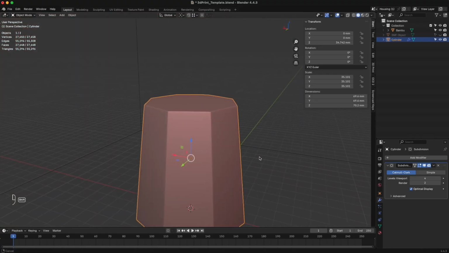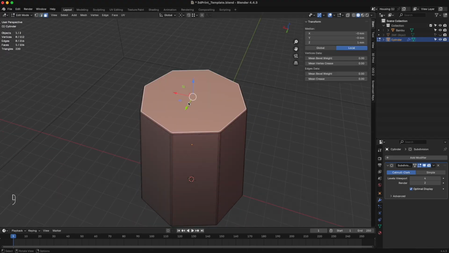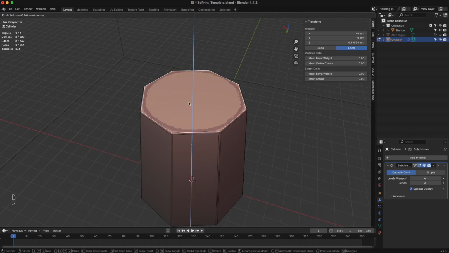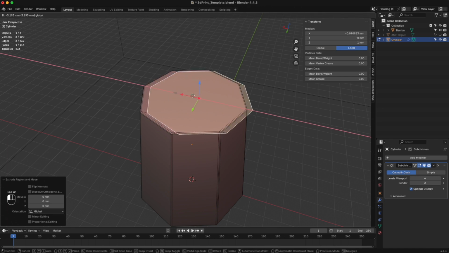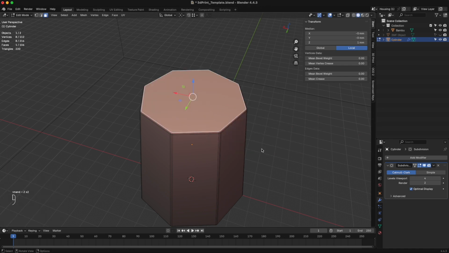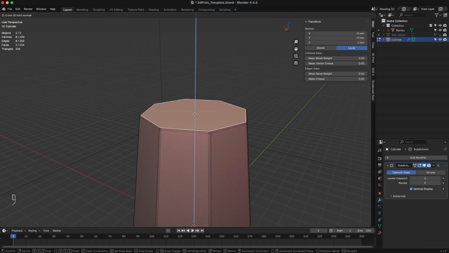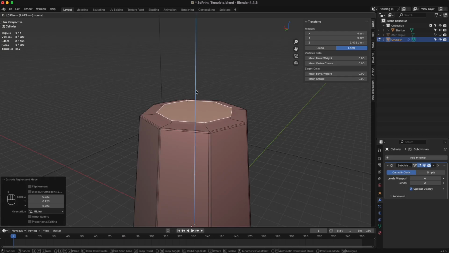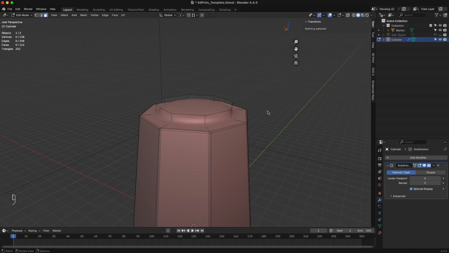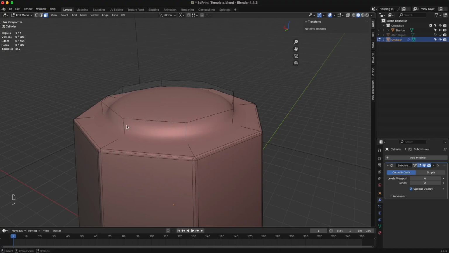The next thing we need to do is add the circular top portion here. So we'll go back into edit mode. I'll hit the 3 key to grab a face, and I'm going to hit the E key, but I don't want to extrude it up. What I want to do is scale the face inward and then pull it up. So I'm going to hit the 3 key again, hit E, and before I do anything, hit S to scale it. And so we'll move this in about there, and now I'm going to hit the E key again, and drag this up. Okay? Great, and obviously it's really, really soft,